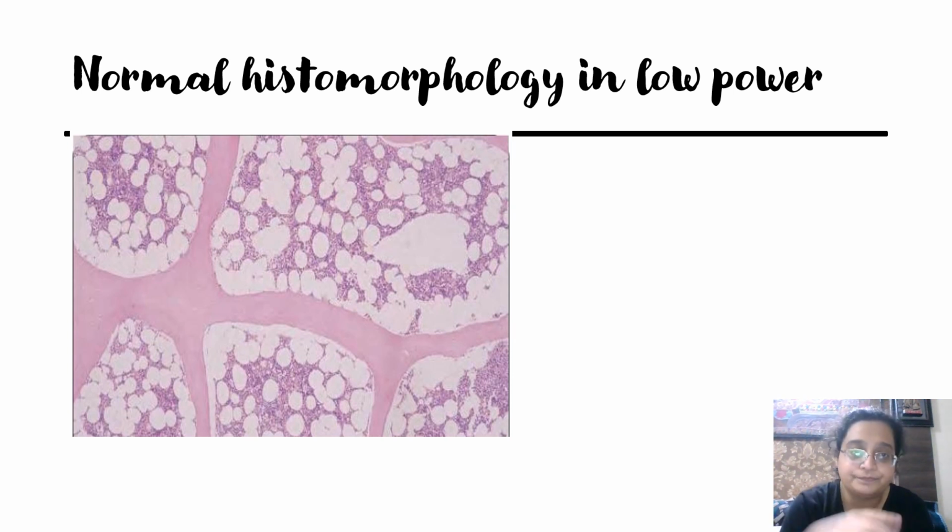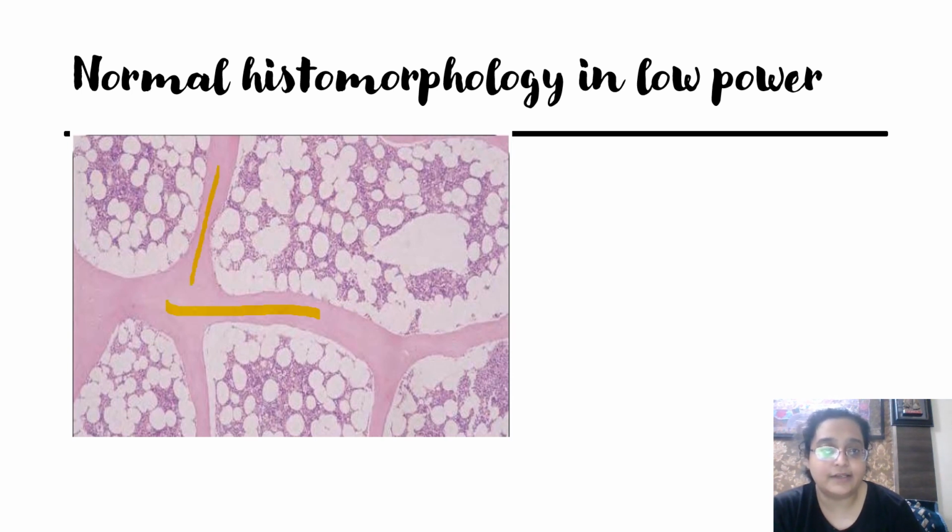So now let us come to the actual normal histology. These are bony trabeculae and they are completely normal. There is no differentiation of too much blue to pink. If there's too much blue to pink, then that is variable mineralization that you can see, and that can lead to some confusion, something known as osteopetrosis. When I'm taking bony disorders in the marrow, I'm going to discuss that. Where you can see some variable bluish areas, then pinkish areas, you are going to understand that the bone is not normal.